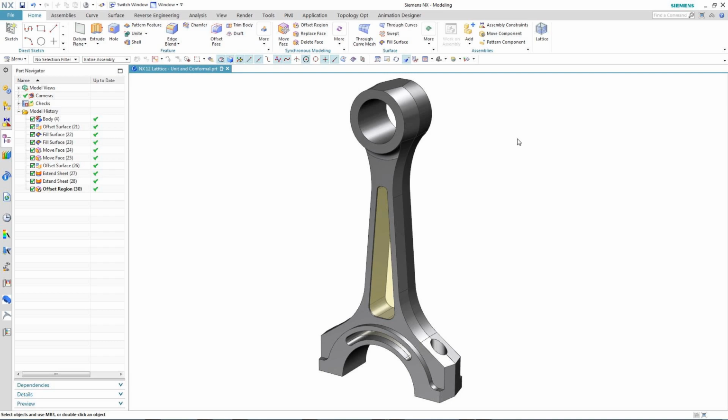These conformal lattices are particularly useful when you're trying to solve certain problems, such as the uniform cooling of hot surfaces, or the cushioning of plastic parts, or if you need to have uniform bone growth for a medical implant. So the inclusion of the conformal lattice type in NX 12 will give the design engineer more flexibility when designing components that need lightweighting. So let's take a look at an example of each type of lattice structure, both unit